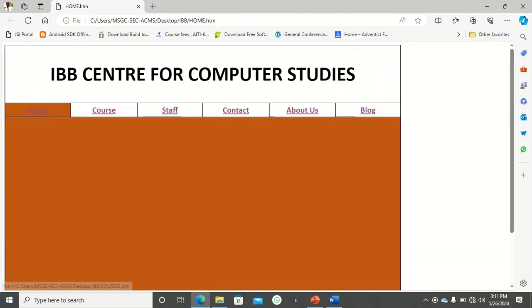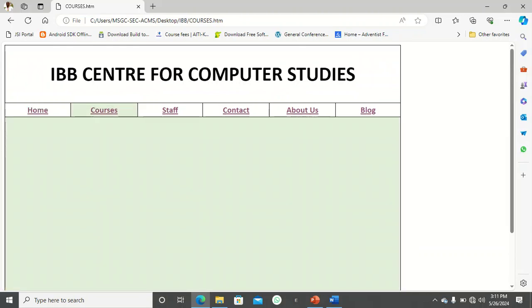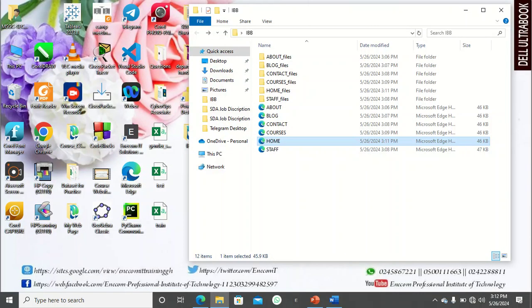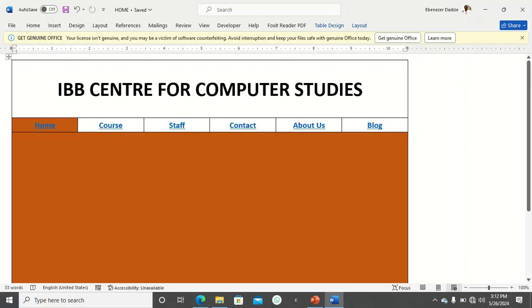So this is my page. If I click on the course, I will see a color for the course page too. If I go to staff, I will also see the color. If I go to contact, I will also see a color. If I go to about us, I will also see a color over there. Then the last one, which is the blog, I will also see the color. So you can also apply colors to differentiate your clicking menus or the navigations. So when you are done with those colors, you just have to save it